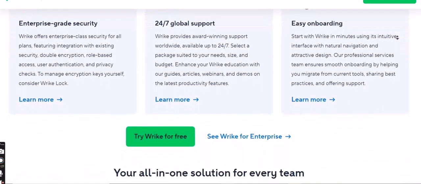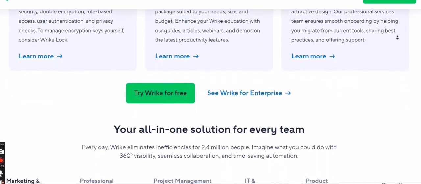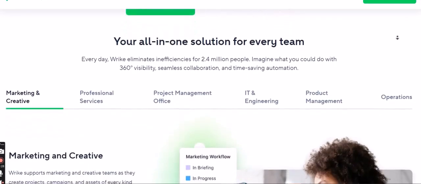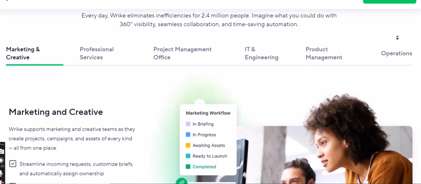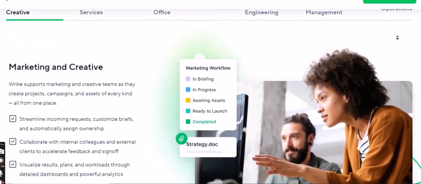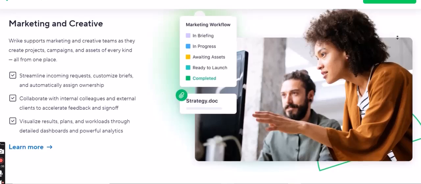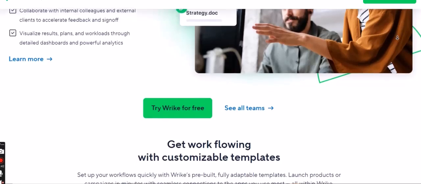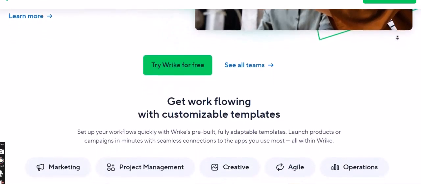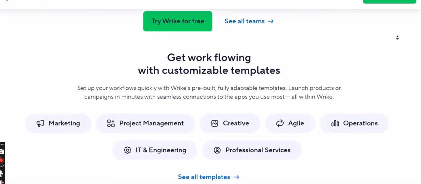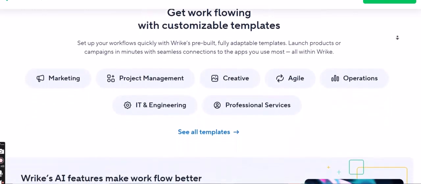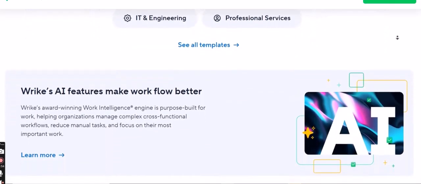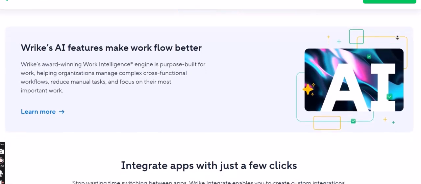CRMs provide tools to track leads, manage opportunities, automate sales workflows, and forecast sales performance. Marketing automation. Many CRMs offer features to manage marketing campaigns, segment audiences, and track marketing effectiveness. Customer service and support. CRMs often include functionalities for managing customer inquiries, tracking support tickets, and ensuring timely resolution of issues. Relationship building. Ultimately, a CRM aims to foster strong, long-lasting relationships with customers, leading to increased satisfaction, loyalty, and